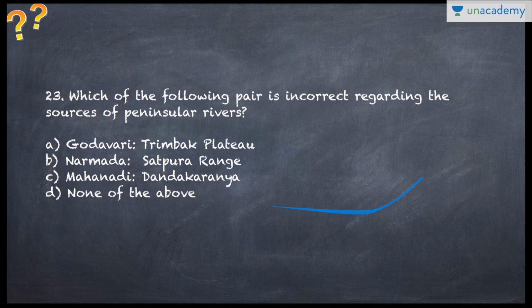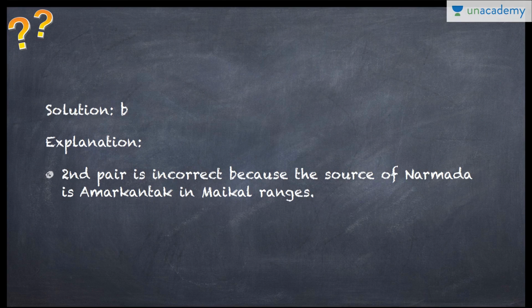Can you please tell me what sort of pattern it forms? Because that's very interesting. I think it's a radial pattern. Please do look into it and comment in the section below. So the solution is B because Narmada originates from Amarkantak, which is in the Maikal ranges. So please take a map and find where these are originating from, because it becomes very important this time, Kaveri especially.